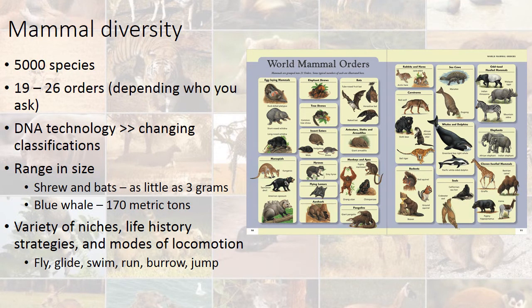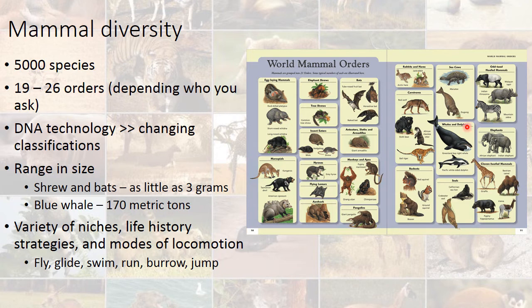The class Mammalia has great diversity. There's 5,000 species. The number of orders in the class Mammalia depends on who you ask. Somewhere between 19 and 26. It's constantly changing, and it's under contention amongst different taxonomists. As DNA technology gets better and better,